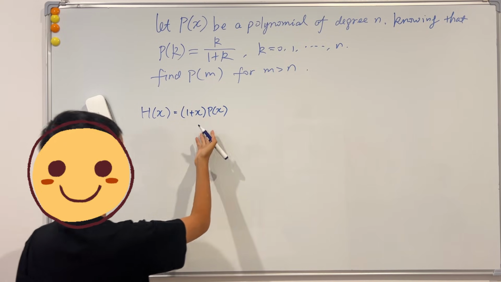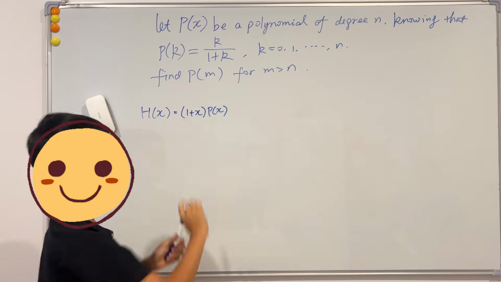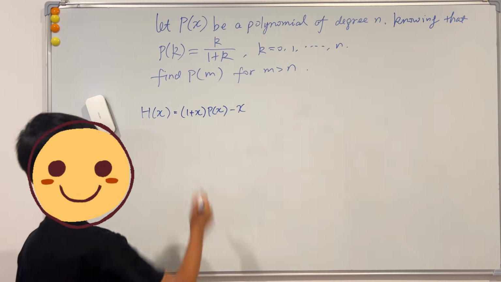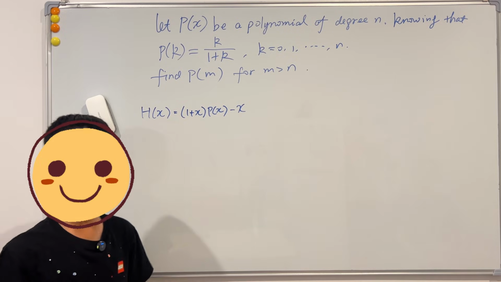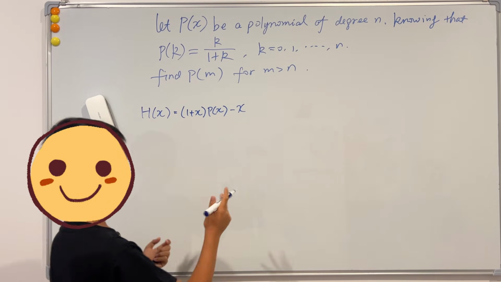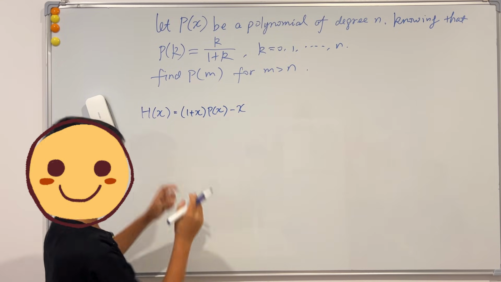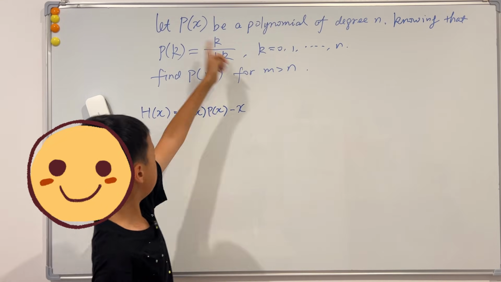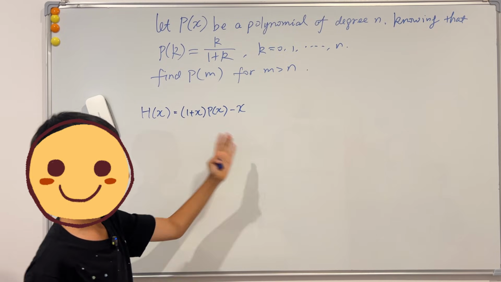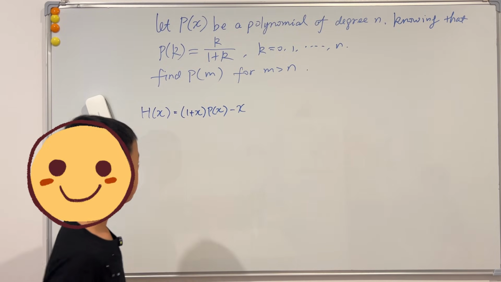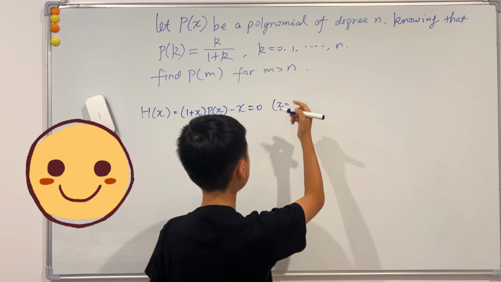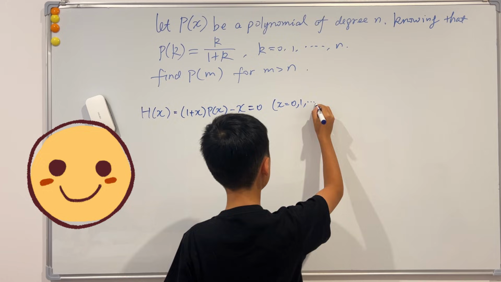Now, why do we do this? To cancel out the denominator, but we still have the numerator left, right? So we subtract the numerator. Well, this works because when x is k, or k is 0 to n, then p of k is this, and these all cancel out to make it 0. So this is equal to 0 when x is k, or 0 to n,